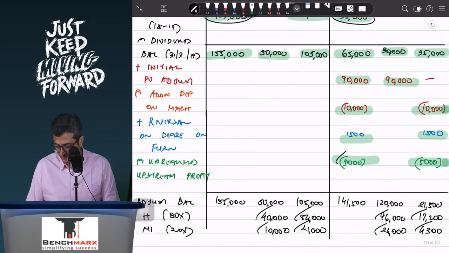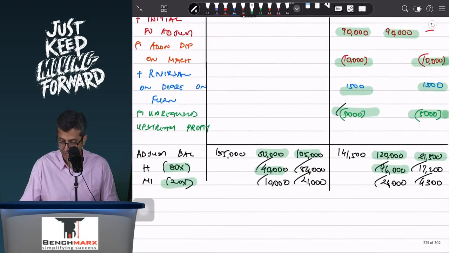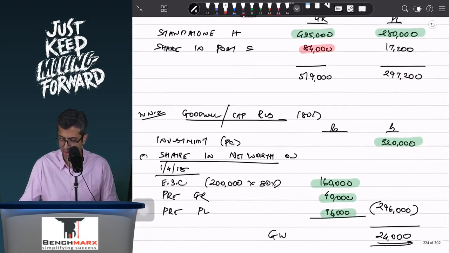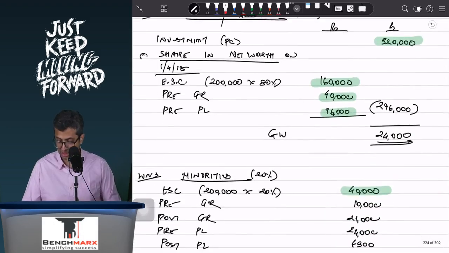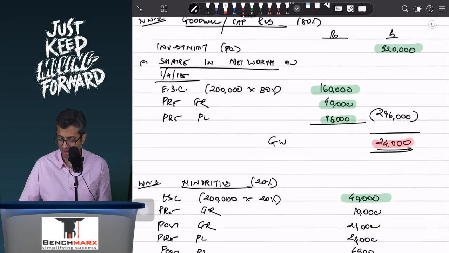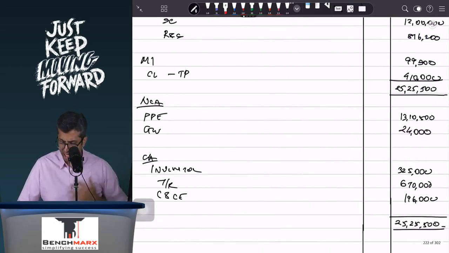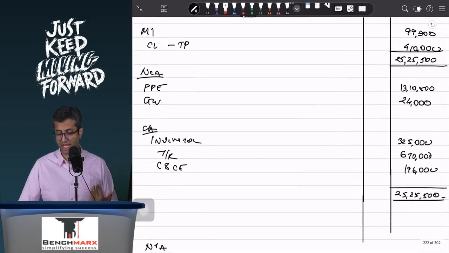Once you take all the adjustments, now it is just casting: 50 and 1 lakh 5, 1 lakh 20 and 21,500. If I do the 80-20 percentage over here, you will see this. If I mark this in, let us say, green, 40 and 96 coming in the goodwill working, and then if I mark this in red, 84 and 17,200 going in the consolidated workings. Everything else you can see going in the minorities, and you will total up 99,300. You have a 24,000 goodwill and 5,19,000 and 2,97,200 for the reserves, and with that you can draw the balance sheet, and that should tally at